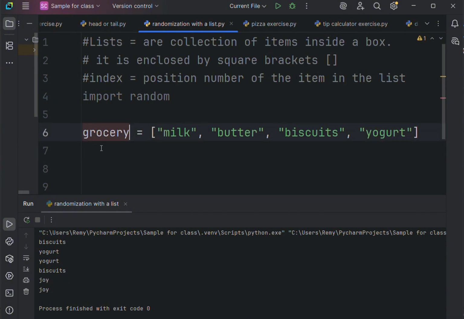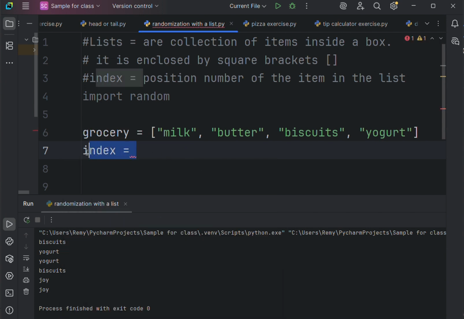But remember, as I already mentioned before, programmers start counting at 0, not 1. So milk is actually number 0, butter is number 1, biscuits is number 2, and yogurt is actually number 3. So we have here a list of items, and each of the items on the list has a position name, and we call it index or position number.